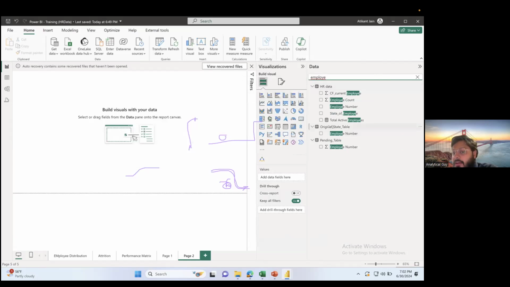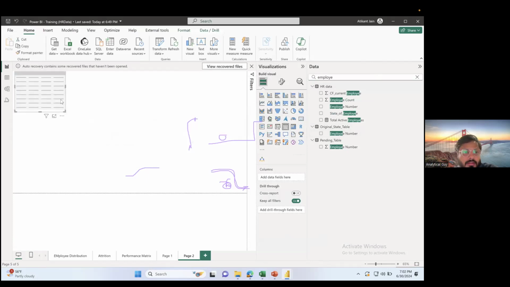Then I have employee number in the original state table also, right? So if I use this as my filter,